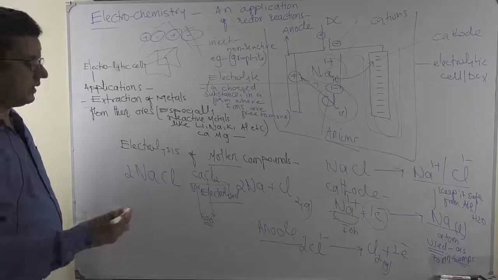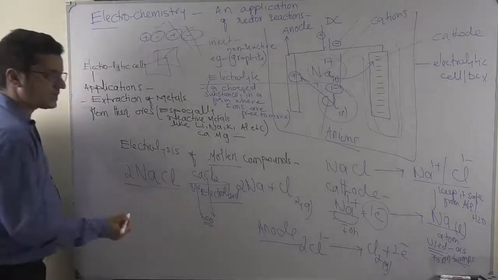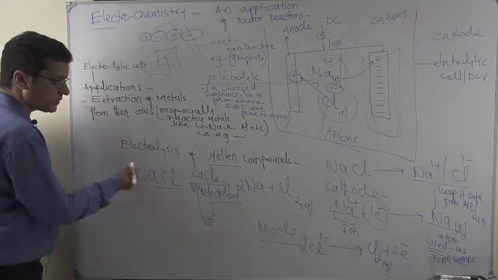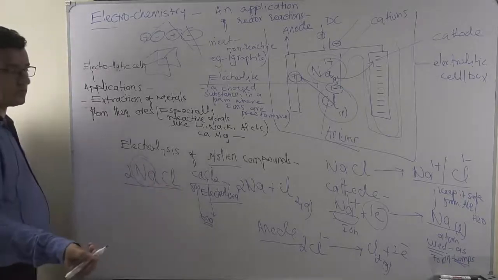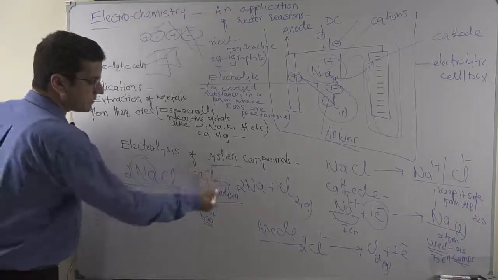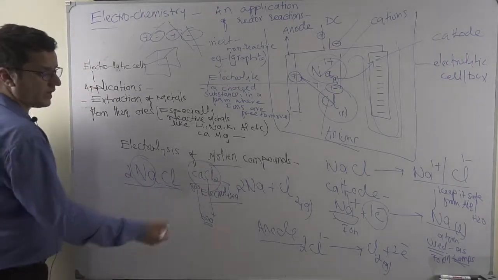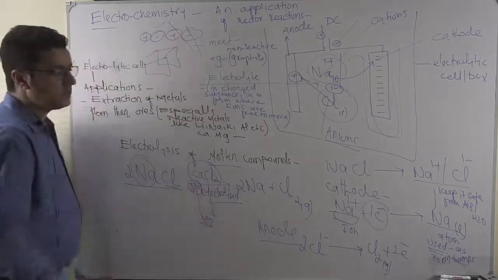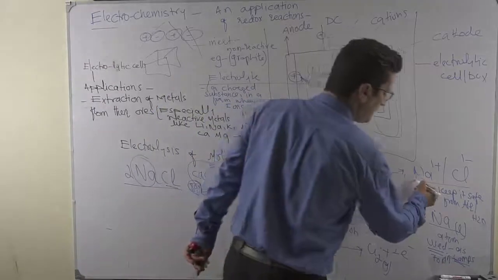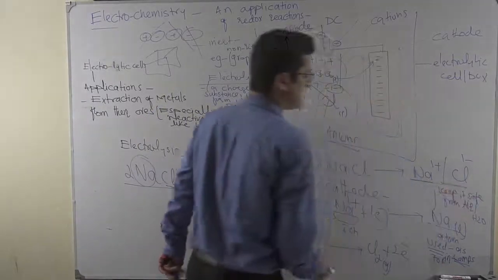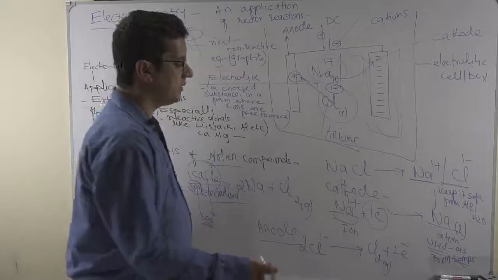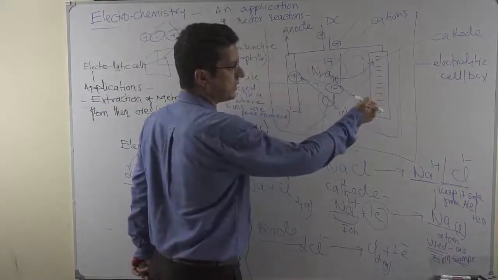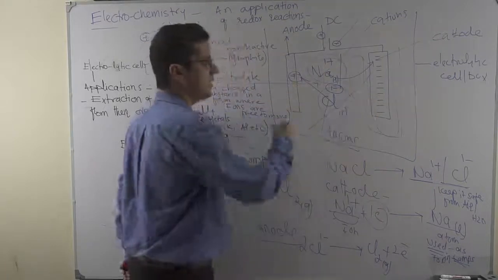So we have sodium chloride as a starting material. Sodium chloride, the rock salt, the ore of sodium metal and chlorine gas, basically table salt. When it is mixed with a little calcium chloride and electrolyzed, its melting point is lowered from 800 to 600. In molten form, it is in the form of ions, sodium ions and chloride ions. When you pass the current, sodium ions rush to the cathode and accept electrons there, and chloride ions rush to the anode and release electrons there.